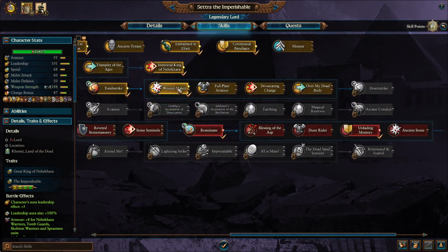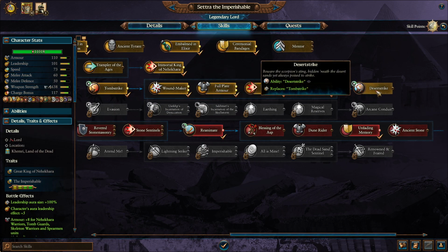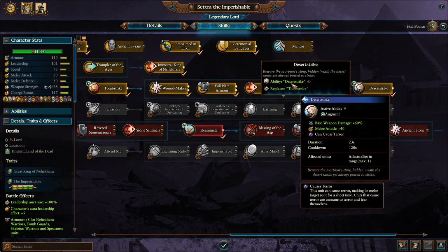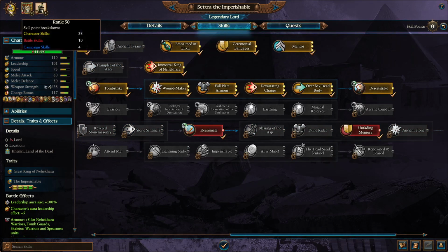And then just continuing down, just making him as strong as possible. Grabbing him some more speed and hit points here is really good. And Desert Strike just allows him to buff himself or an ally with some more melee attack and base weapon damage there. Now, as you can see, we only have 3 skill points remaining. I usually like to grab them into Mentor because eventually you will hit rank 50, and any experience that he's